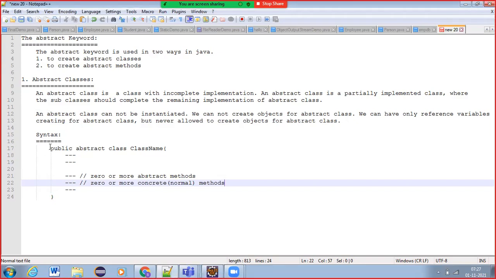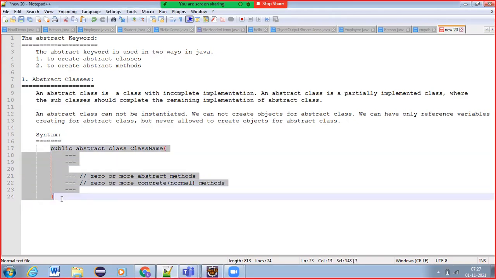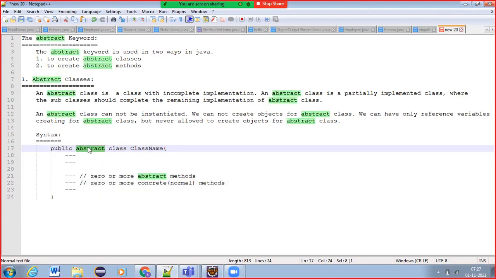So in this way, we can create an abstract class. Even a normal class you can write, but you declare the class as an abstract class. Then that class will be an abstract class, and these rules will be imposed on it. An abstract class cannot be instantiated, but you can create a reference variable for an abstract class, and you are never allowed to create objects for it.